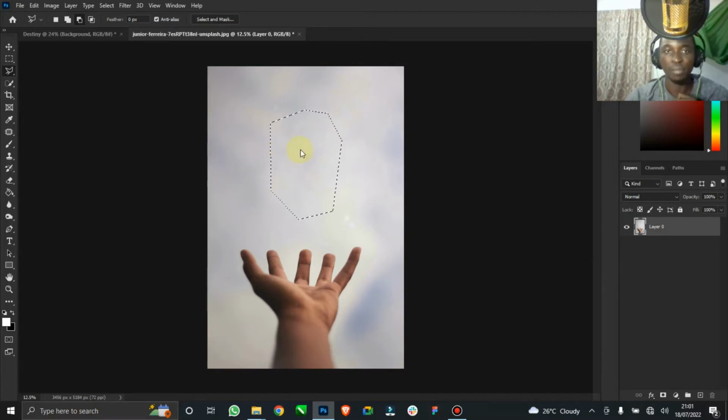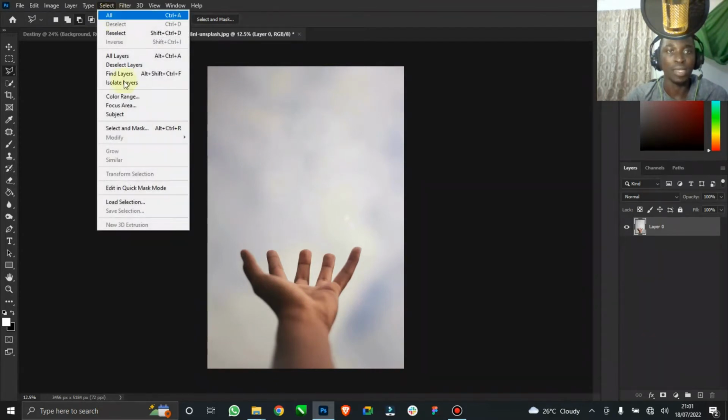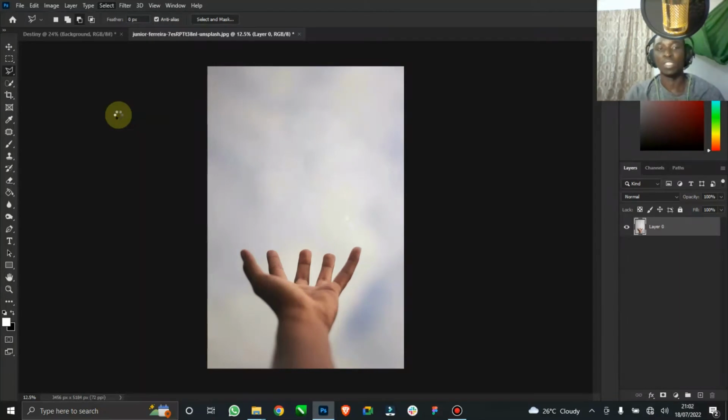Excuse me. And so yeah, you can see that it has removed it. It makes it very, very easy, and you can always use this concept for your other designs. So when you're done with that, come up here, you see select, and you will see color range, focus area, and subject. What we are interested in is subject. That's because you want to select the subject of this image. So when you click on subject, the AI automatically scans for the most emphasized subject there,